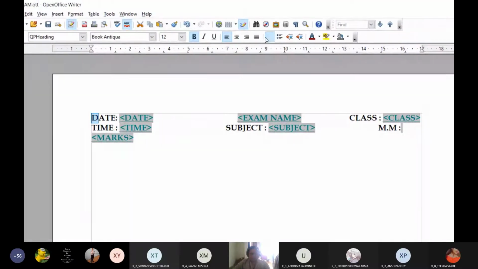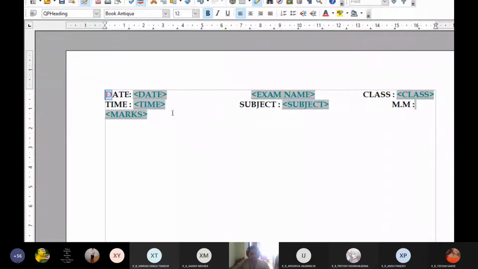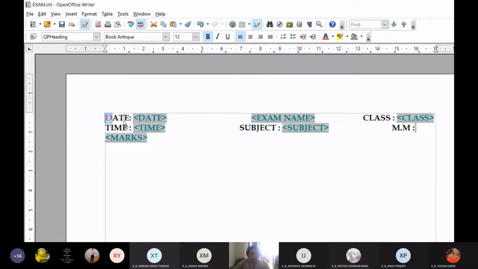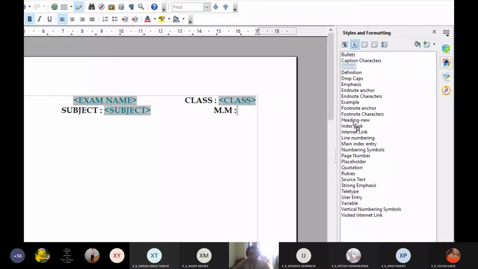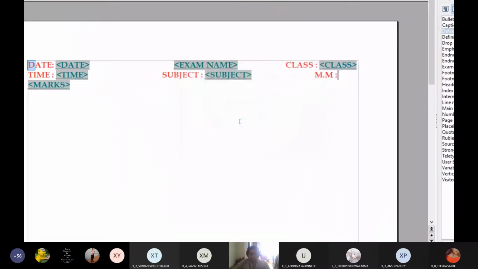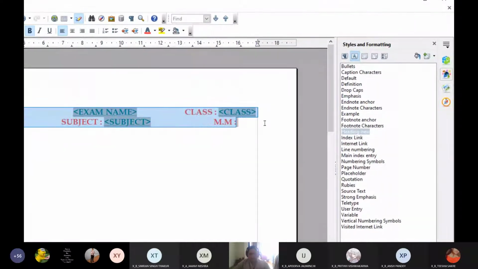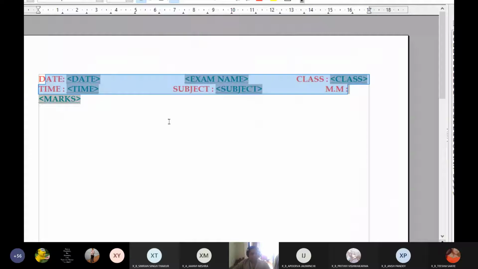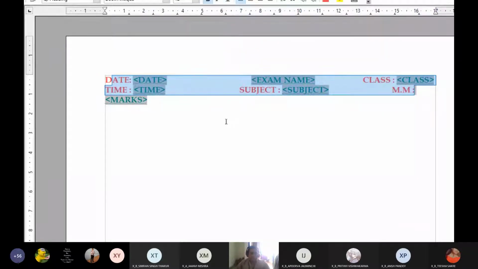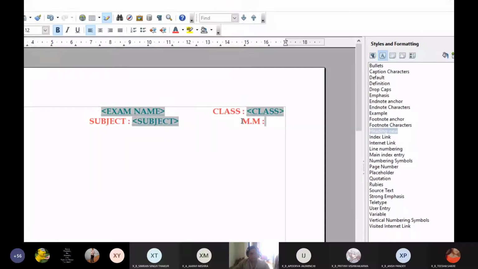So I'm going to change its color to some bright color, and drop this on Heading New. Now you can see that because the rest of the text was already set as Heading New, automatically the style got changed. You'll have to do some hit and trial with styles, students.